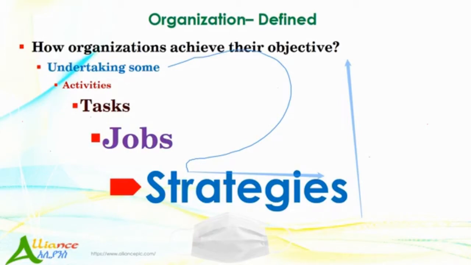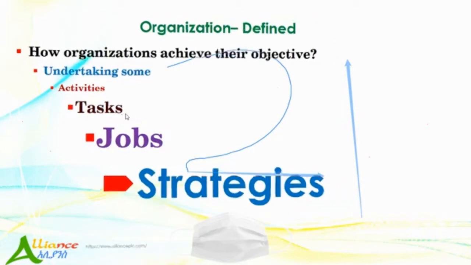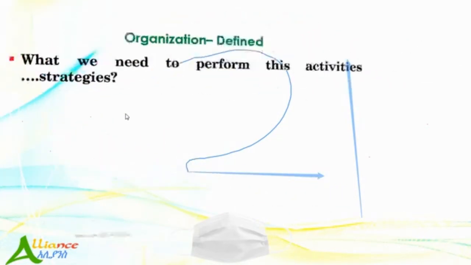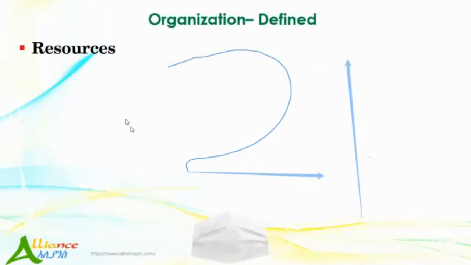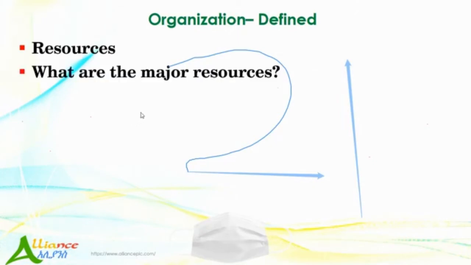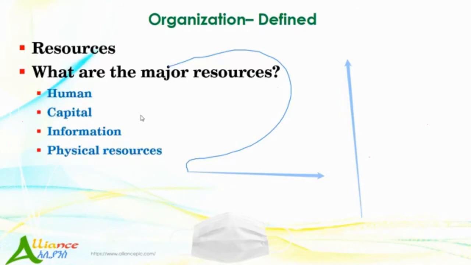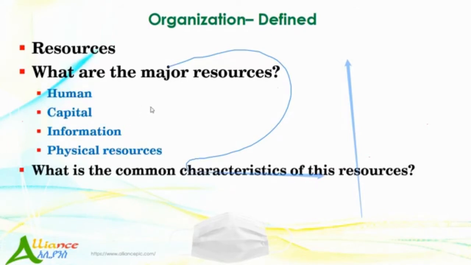ሶ ሌላው የዚህ የጆብስ ላይ እንግዲህ ስራዎች ይኖራሉ። በጣም ግራንድ ስትራቴጂ ስለምንሄዳቸው ይኖራሉ። ኤኒዌይ ግን we have to do something። ታስኮች ወይም አክቲቪቲዎች መስራት አለባቸው። ዓላማ ይኖርሃል። ያን ዓላማ ለማሳካት you have to do something። የሆነ ነገር ማድረግ ካልቻልክ you can't achieve your objective። ሶ ያንን አድሬስ ማድረግ ያስፈልጋል ማለት ነው። ሶ ኦርጋናይዜሽኖች ዓላማቸውን ለማሳካት they have to work on these tasks, and to perform on tasks you need resources። ሪሶርሶች ያስፈልጉናል። ቤዚካሊ የምናውቃቸው ሪሶርሶች እነዚህ ናቸው። ሂውማን ሪሶርስ፣ ካፒታል፣ ኢንፎርሜሽን ወይም ሌሎች ፊዚካል ሪሶርሶች ብለን የምንላቸው ናቸው። እነዚህ ደግሞ አንድ ኮመን የሚባል ባህሪ ያላቸው። ይሄ ባህሪያቸው ደግሞ ምንድነው? they are limited or there is scarcity of resources።